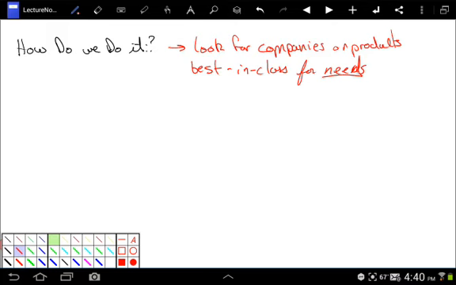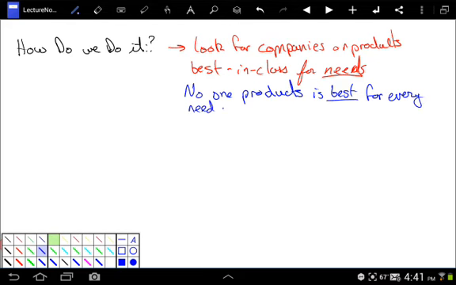Again, you should do this for a range of products because it's really important to mention this. It's very unlikely that any one product is going to be the best for every need you have developed, for a variety of reasons. One, the needs that they started out with for their design process were probably different. Two, as we'll find out, in the design process you're trying to balance all these different needs, and